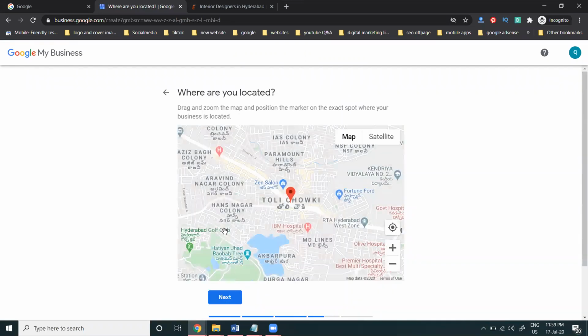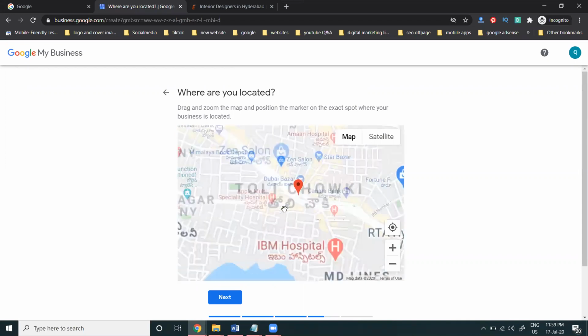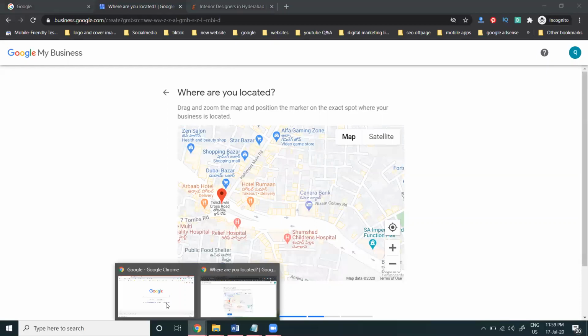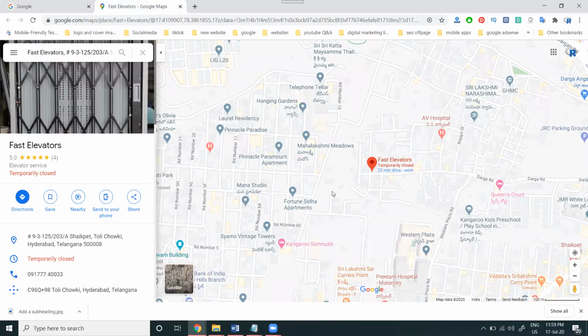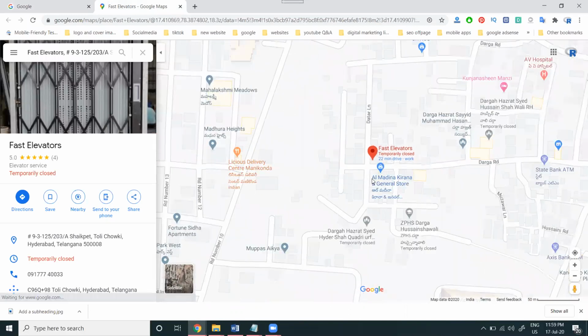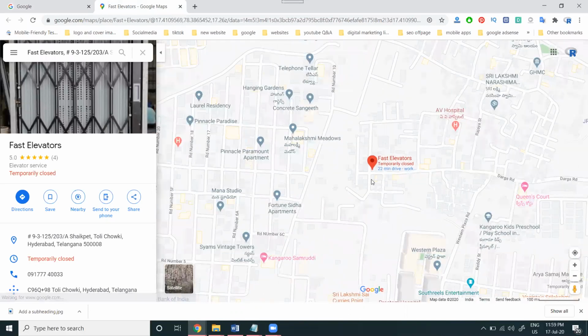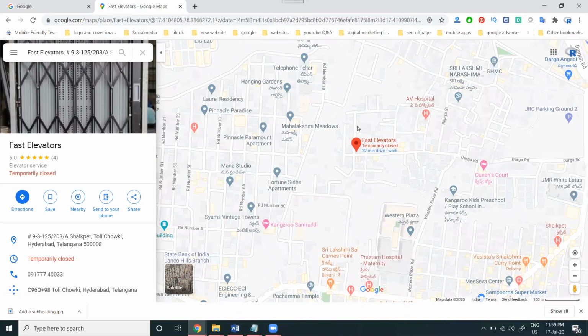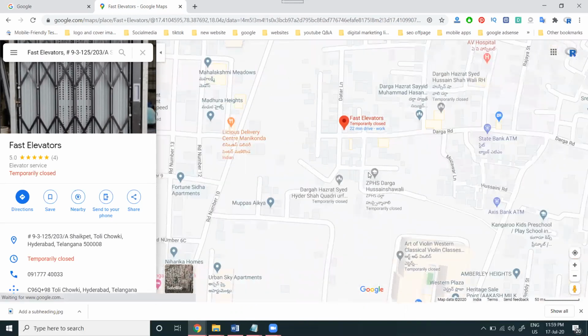It is asking for your physical location, where it is. The physical location will be pinned on the particular map. We have to select the pin and update it in the particular option. Now I'm updating the map here. First, this map will be shared on WhatsApp or somewhere else, so based on that, we have to activate this option. Based on that, your location we have to activate in the particular option.